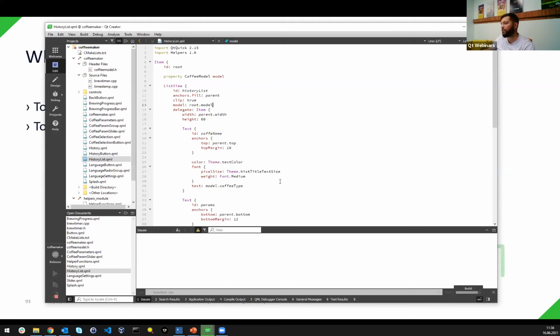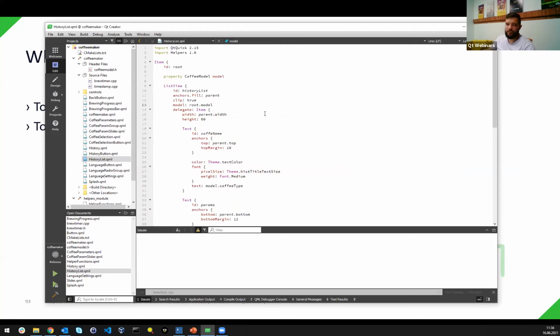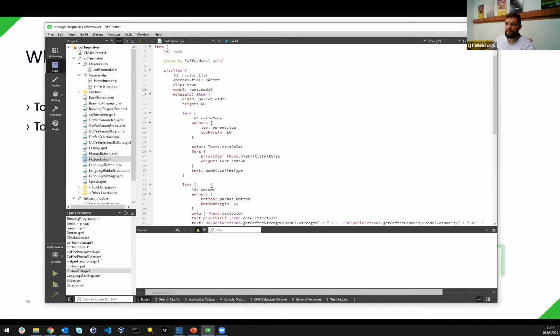And as our model is still empty because we are just initializing it, we still should have an empty history. Here it is. And we should still have an empty list because we are not adding anything anywhere after brewing a coffee, and the history is empty. And right now we are going to add that modification to the